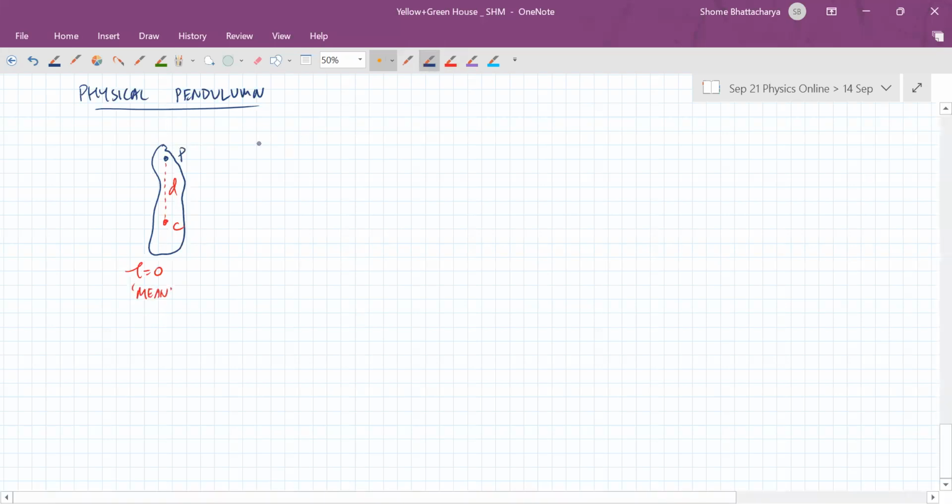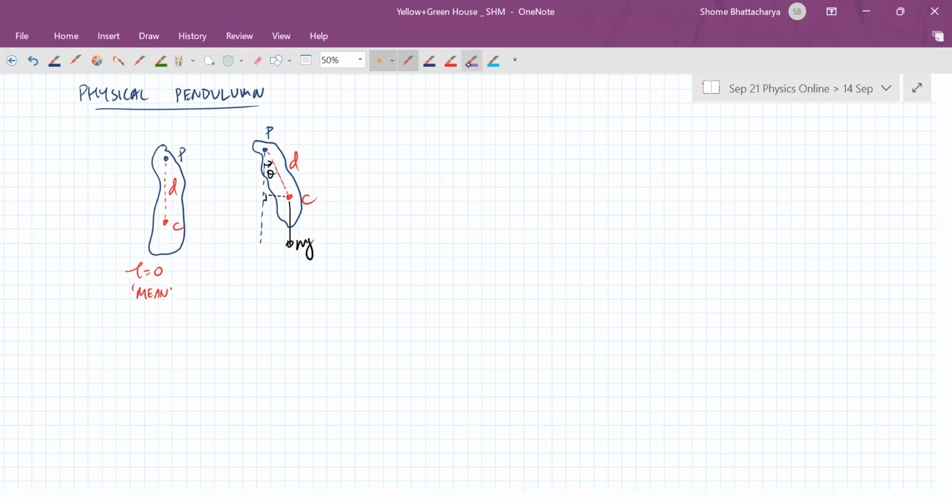But the moment we take it to some angular displacement with respect to this, the weight of the object acting through the center of mass creates some torque about the point P. So if this angle is theta, then you can see this moment arm will become d sine theta, and this will produce a torque like this. So this torque will become mg into d sine theta, and